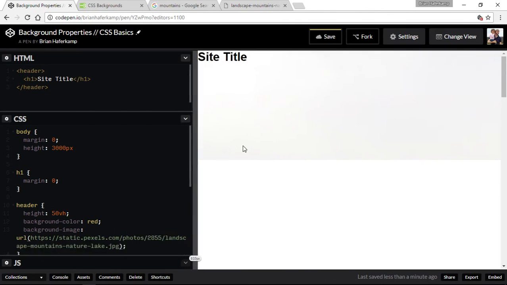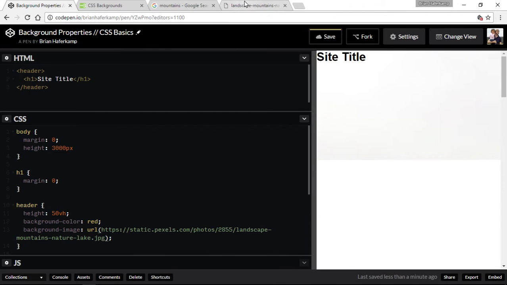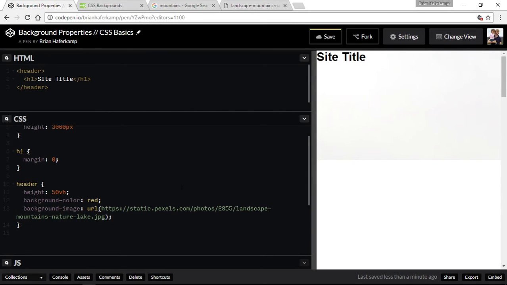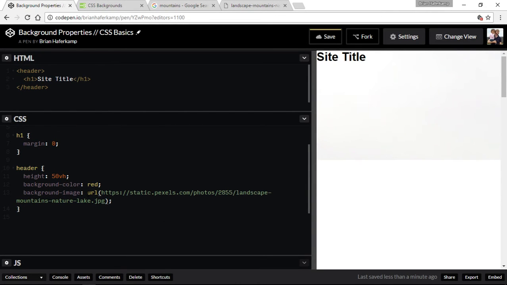Okay, it's there. It's hard to see, but we're seeing this part of the sky up here because the image is very large. So we're going to take care of that in a moment. But all you have to do is do URL, parentheses, and then inside that you put the URL where the image resides. If it's on your own system,